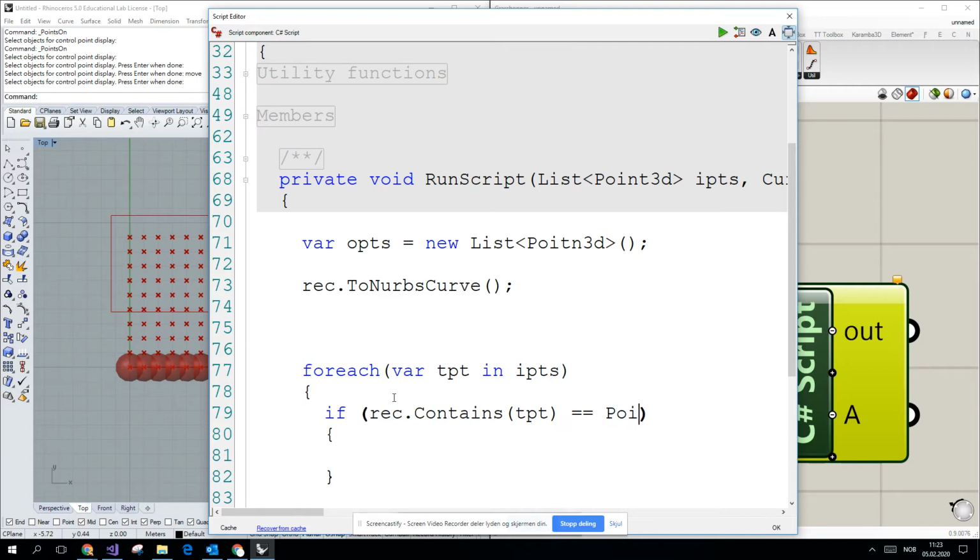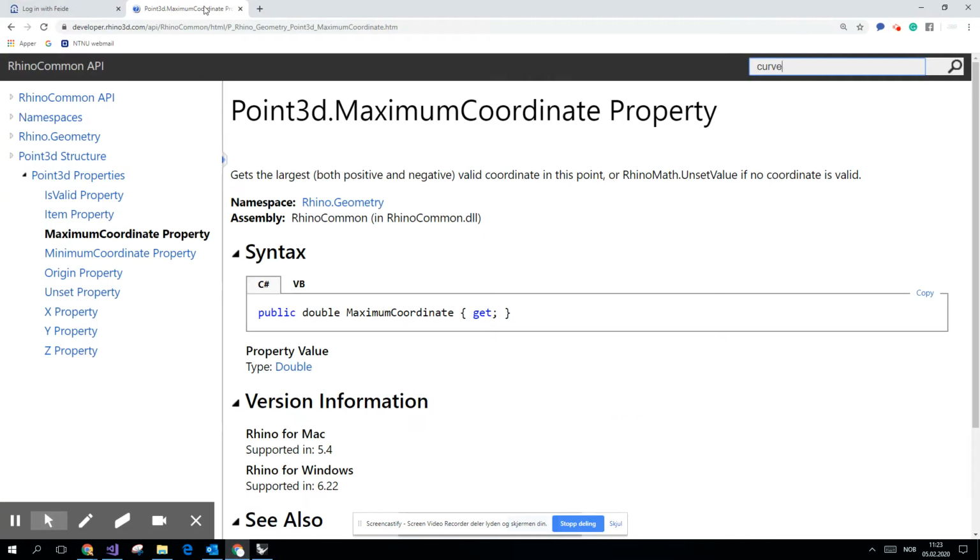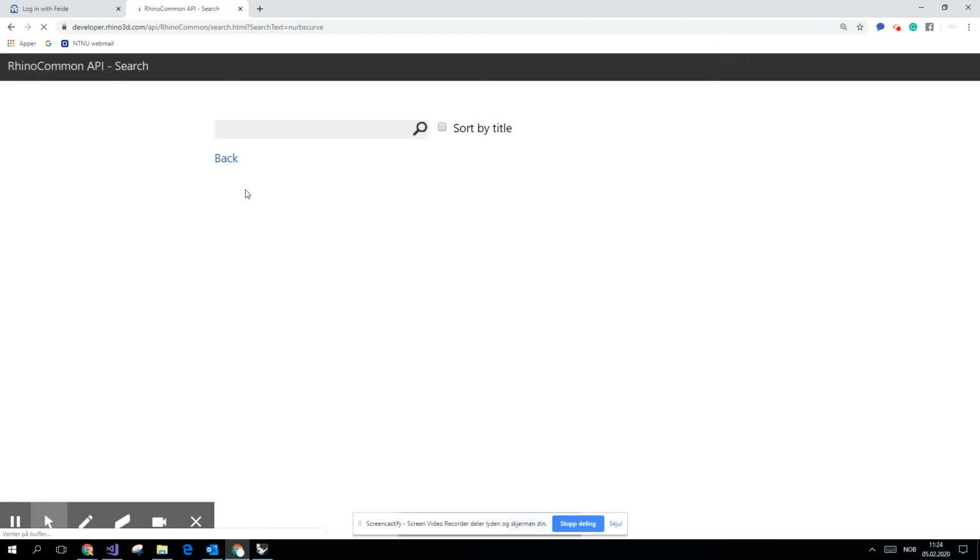And here it's something which we have to check. So if I go for the NURBS curve, it's maybe not visible, but